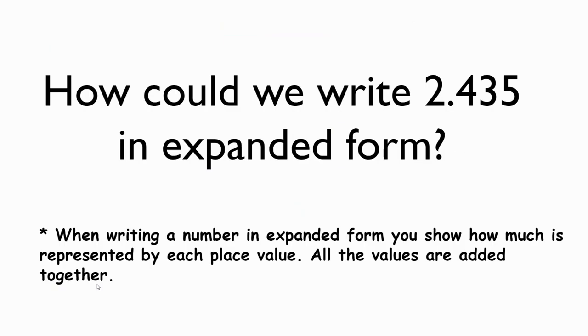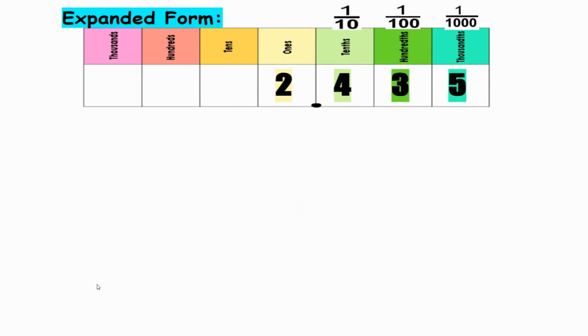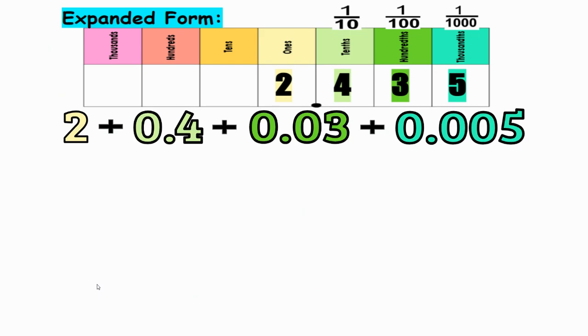So let's think about how we could write 2 and 435 thousandths in expanded form. So remember, when writing a number in expanded form, you show how much is represented by each place value. So all the values are then added together. So let's see if we can expand 2 and 435 thousandths. So we know that 2 ones, plus 4 tenths, plus 3 hundredths, plus 5 thousandths